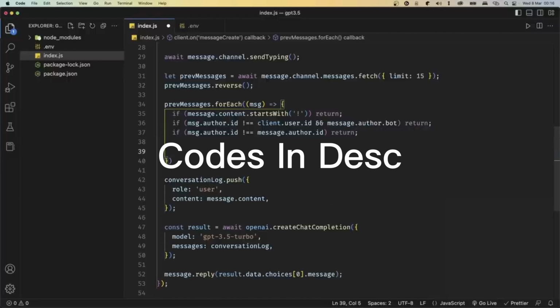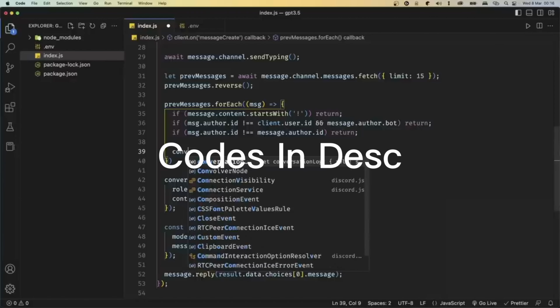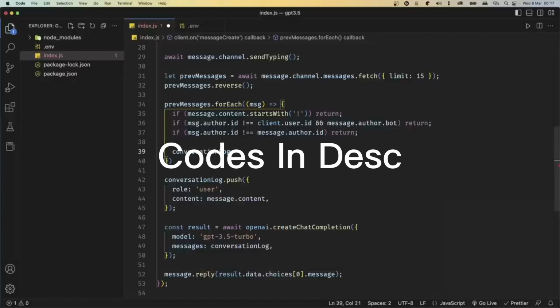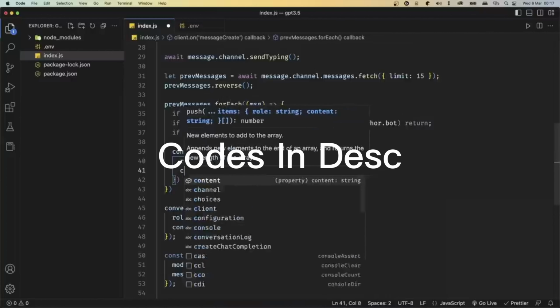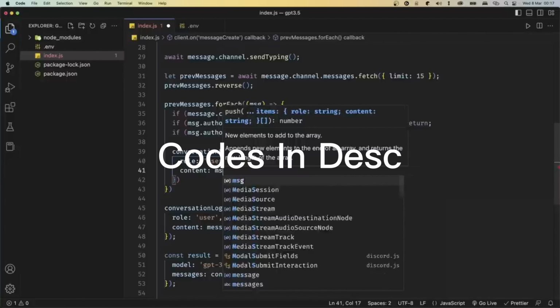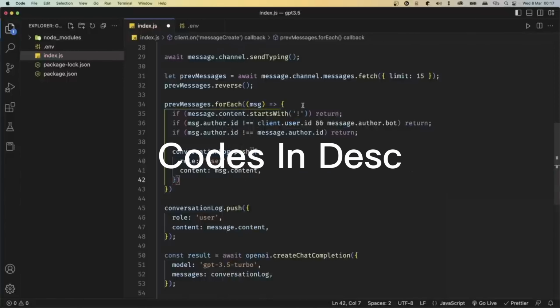But this is all the conditions that we have. So I'm going to go ahead and push this to conversation log using conversation log.push, and then we're going to push it as an array. The role is going to be user, and the content is going to be message.content. And outside of this for each